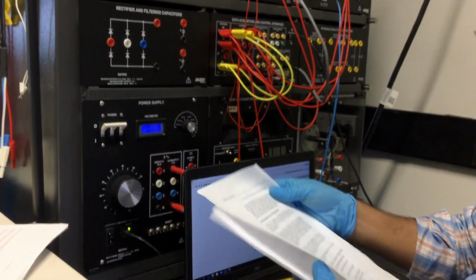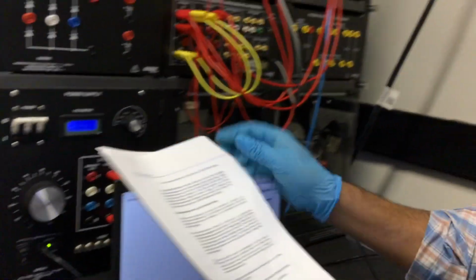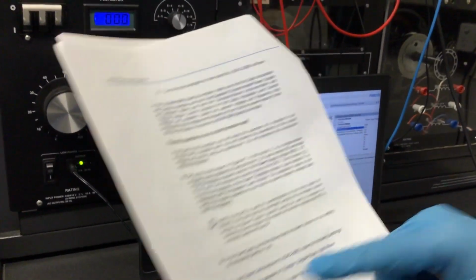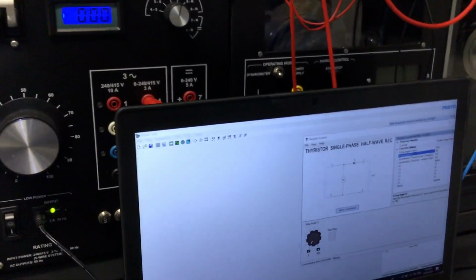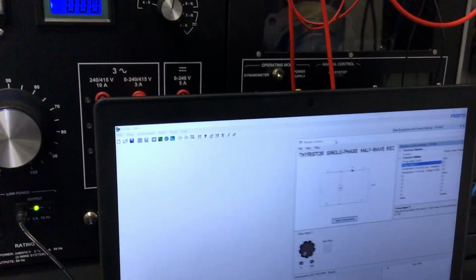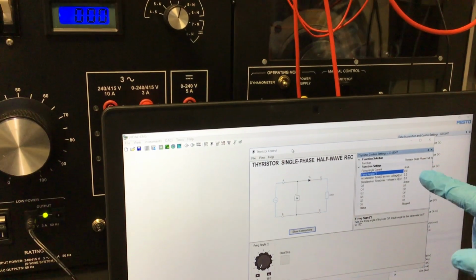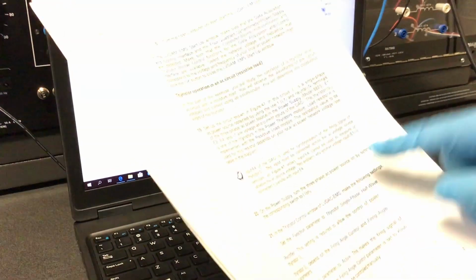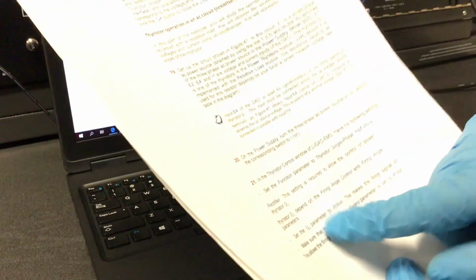Now we need to do some setup. We need to open thyristor control from the window. We select thyristor single phase half wave rectifier as the function. Q1 should be active.